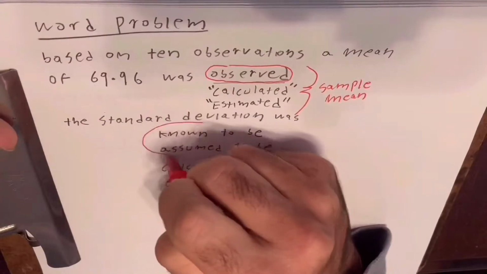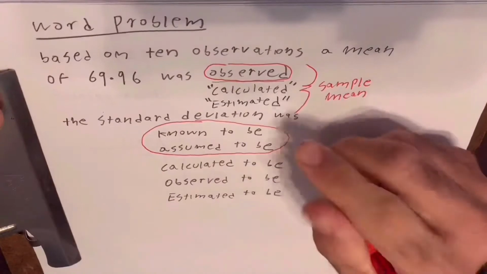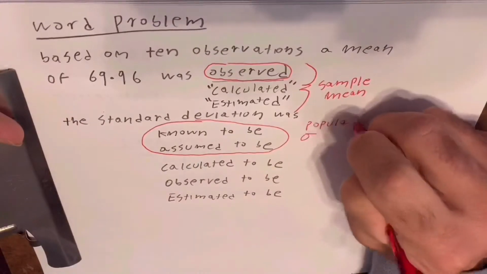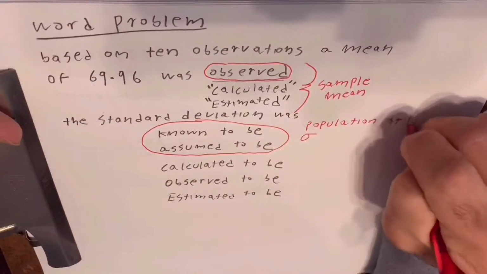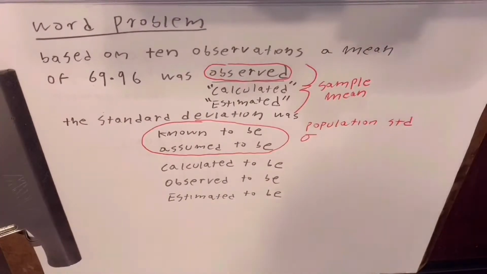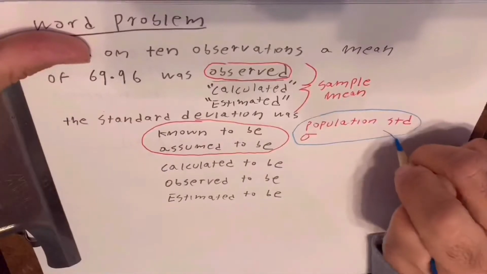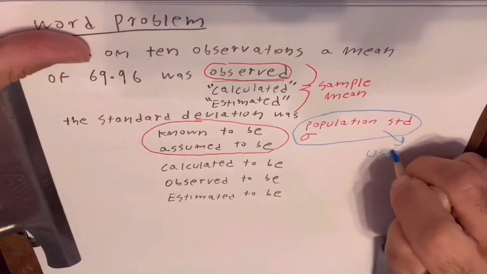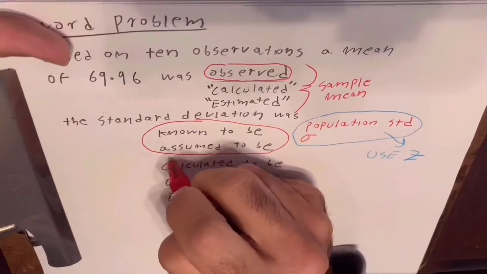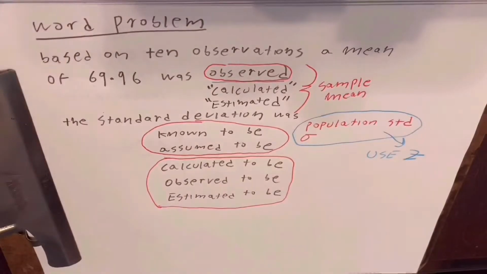And if in this final exam word problem it says the standard deviation was known or assumed to be, this is the population standard deviation. And with this, you will be using a Z confidence interval. So in a different color, I'm going to write "use Z." However, if the problem says calculated to be, or observed to be, or estimated to be,